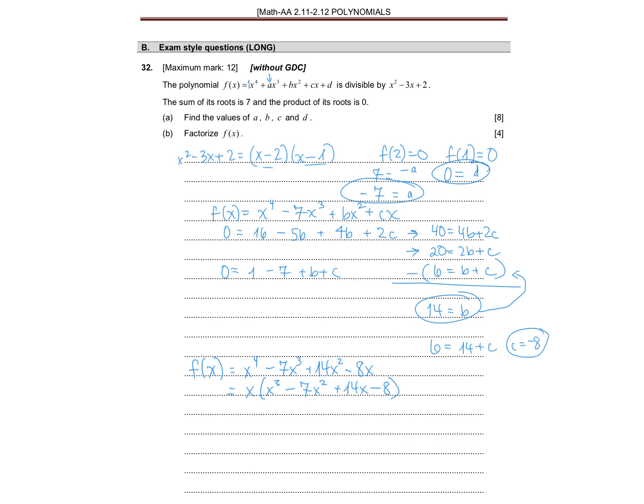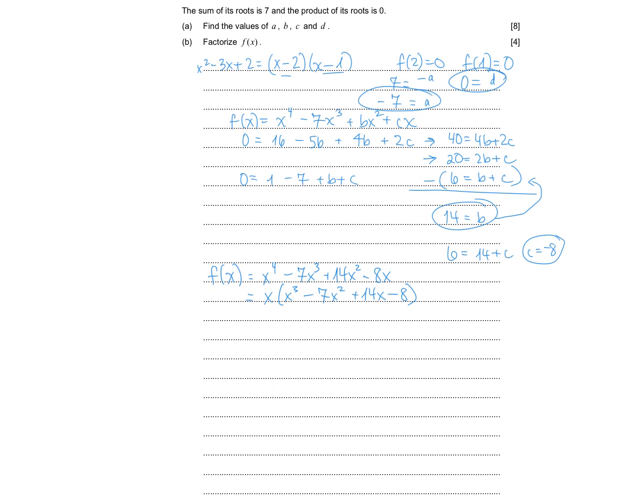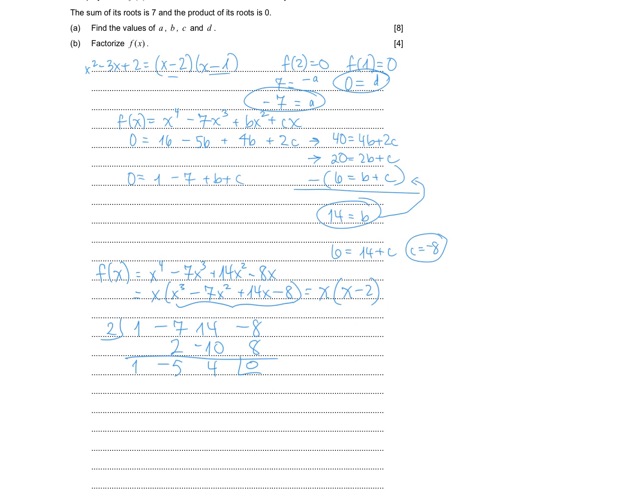And now we know that 2 and 1 go into this, so we can do 2. I'm just going to synthetic divide because it's easy. And we're just doing this one, so we're going to have 1, negative 7, 14, negative 8. Bring down the 1, multiply 2 by 1, 2, add, multiply 2 by negative 5, add, multiply 2 by 4, and add. So now this equals x minus 2,